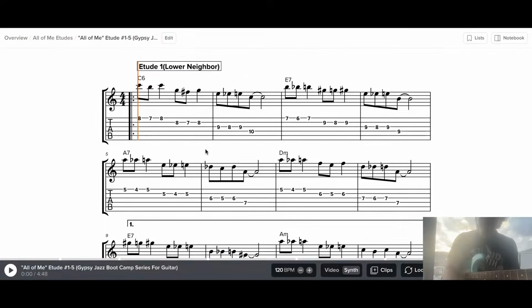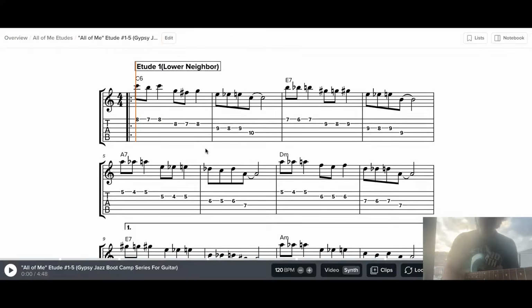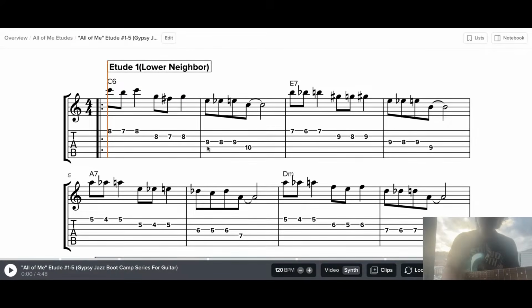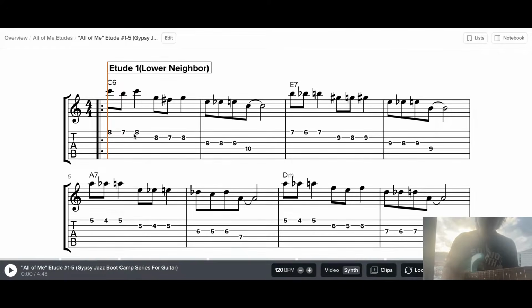So now let's go ahead and take a look here at these eight. I call these the Gypsy Jazz Boot Camp, for lack of a better name here. So all I'm doing is taking those shapes that we just did, and I'm now breaking them up into little single note embellishments. So number 1 would be